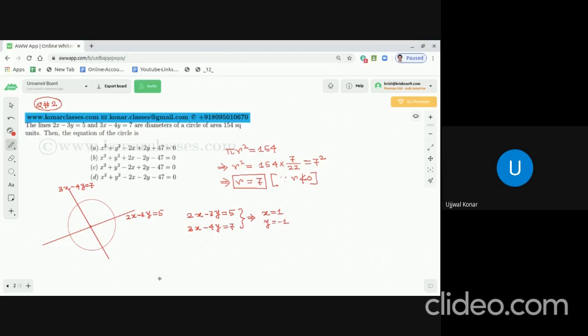So then, as we get the coordinates of the center, suppose C is the coordinates of the center, with coordinate 1 comma minus 1, and the radius we see is 7 units. So it is pretty simple to find the equation of the circle. So the required equation of the circle is